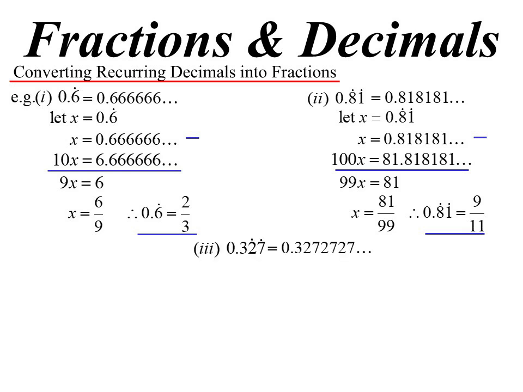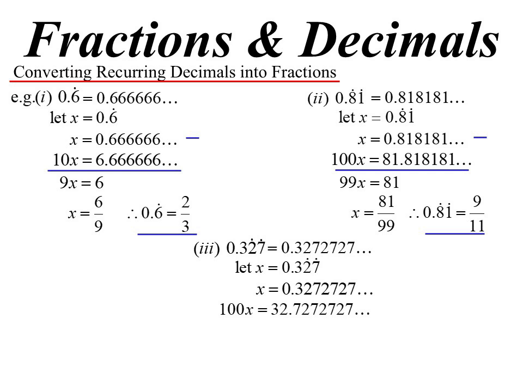What about if not all the numbers repeat? And obviously it's the numbers at the end that have to be the ones that repeat. So the 3 is not repeating. 0.3, 27, 27, 27, 27. Again, I've got to get rid of the problem. I've got to get rid of that 27, 27, 27, 27. If I let x equal that, multiply by 100 so I can line those numbers up again, I get 32.7